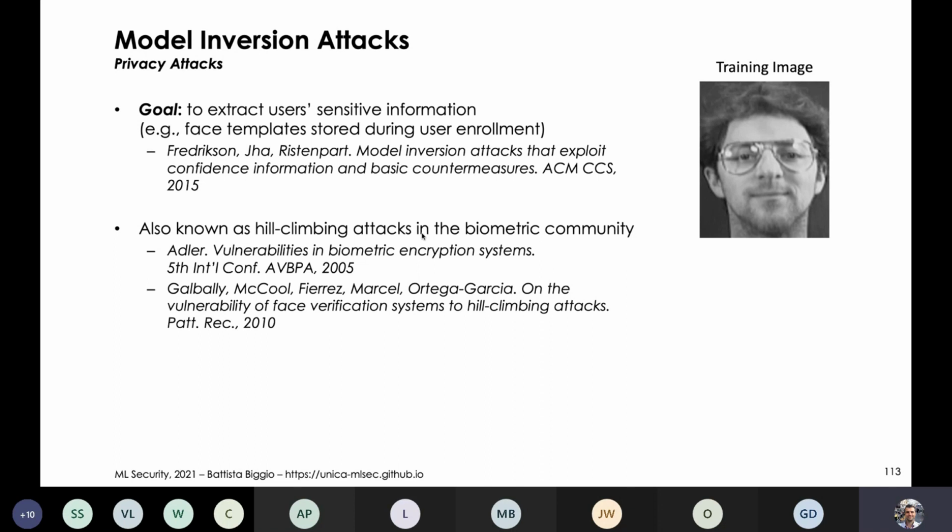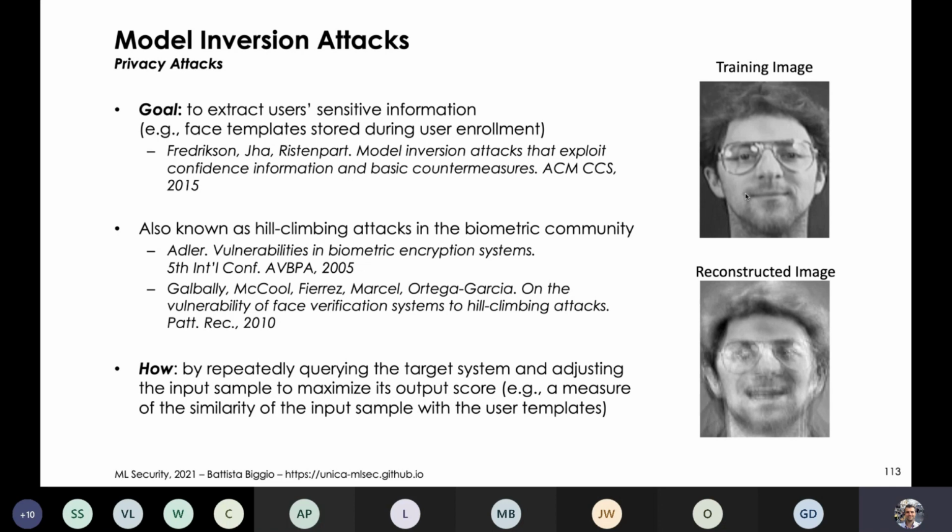There is a nice paper where these authors that you see here, Fredrikson, Somesh Jha, and Ristenpart have developed what they call model inversion attacks. So here they consider this face recognition system, where this is a user, so that's a training image for this system. And what they've shown is that by observing the score of the classifier on the query images, so images that I present at test time, if I take a sort of numerical gradient for these images,